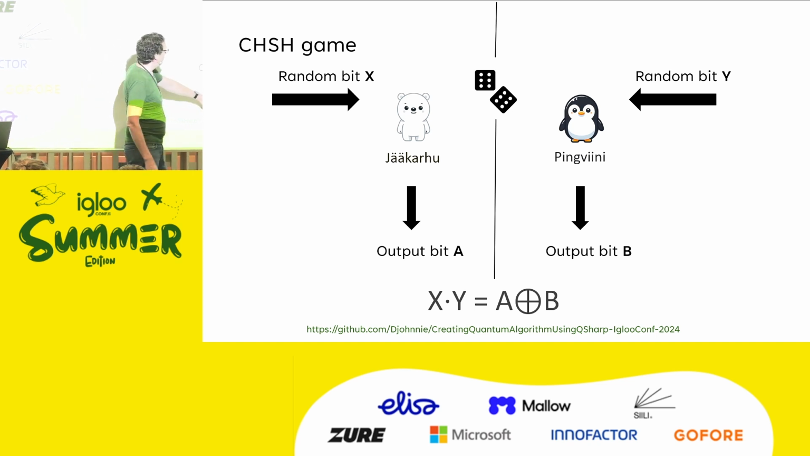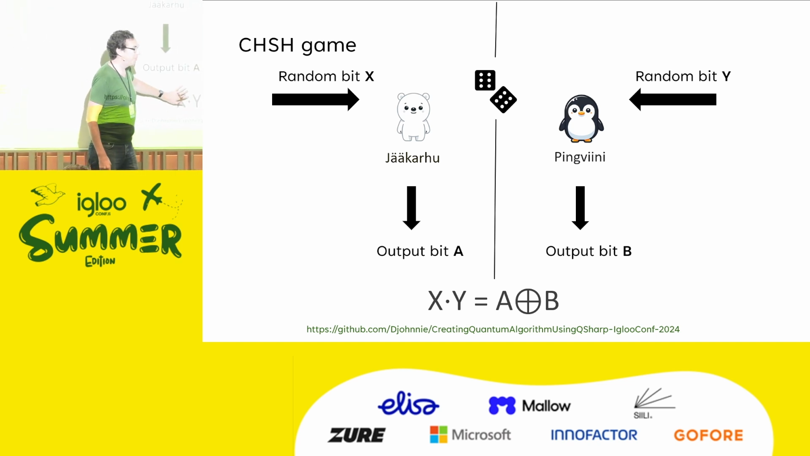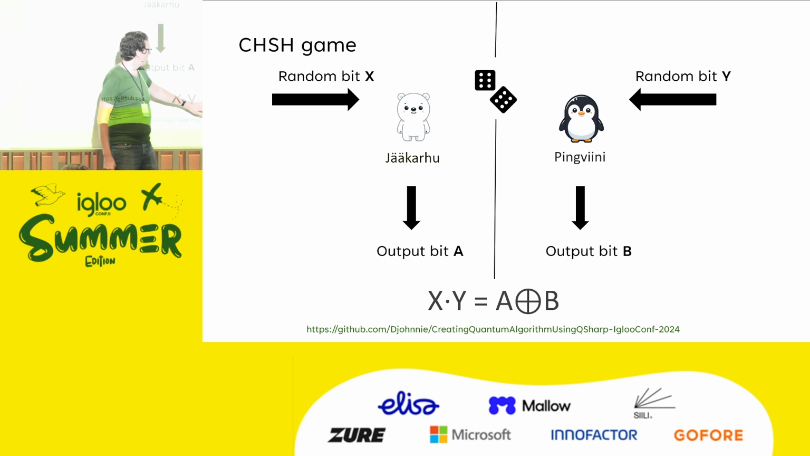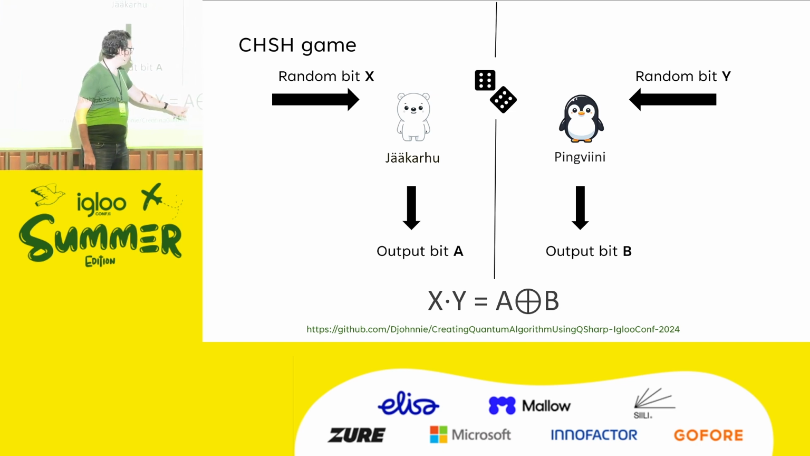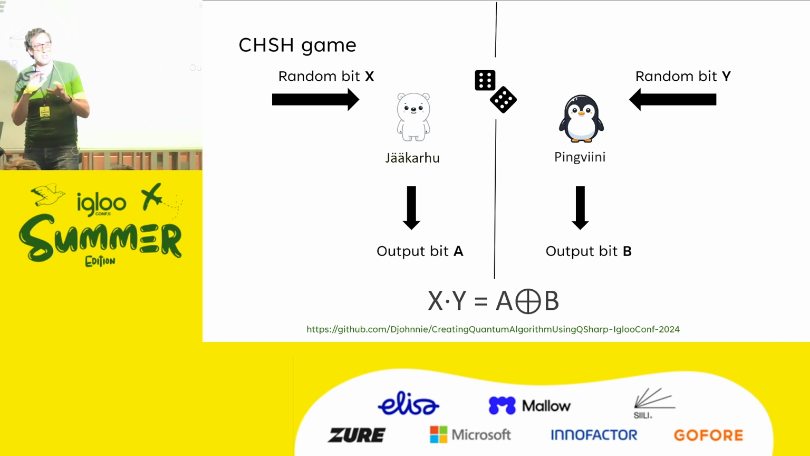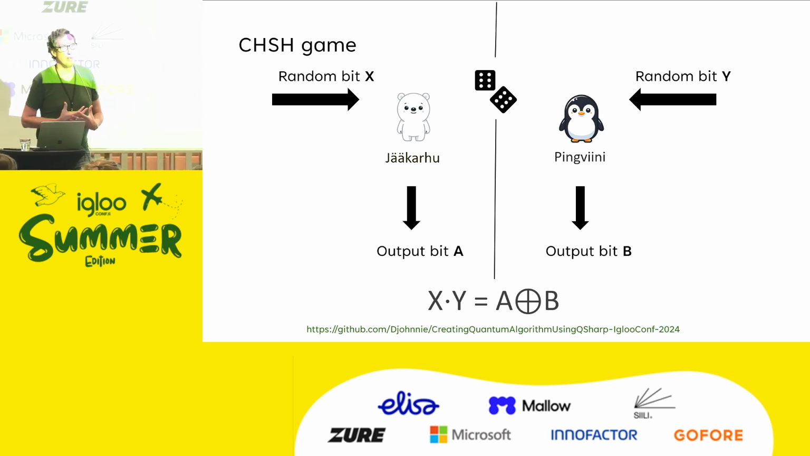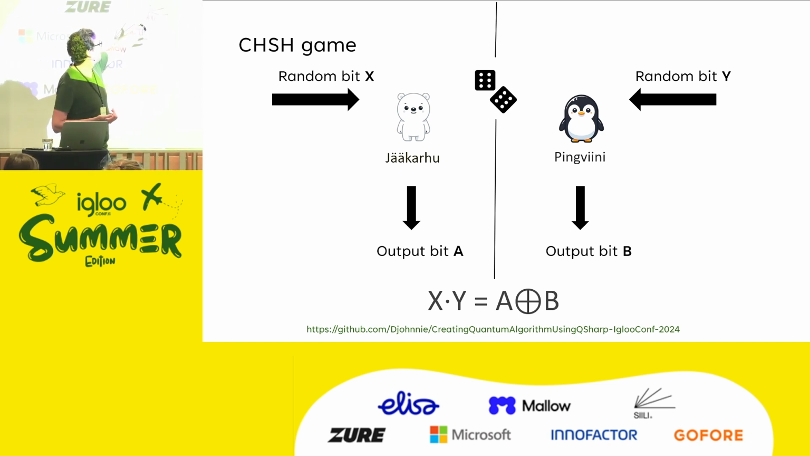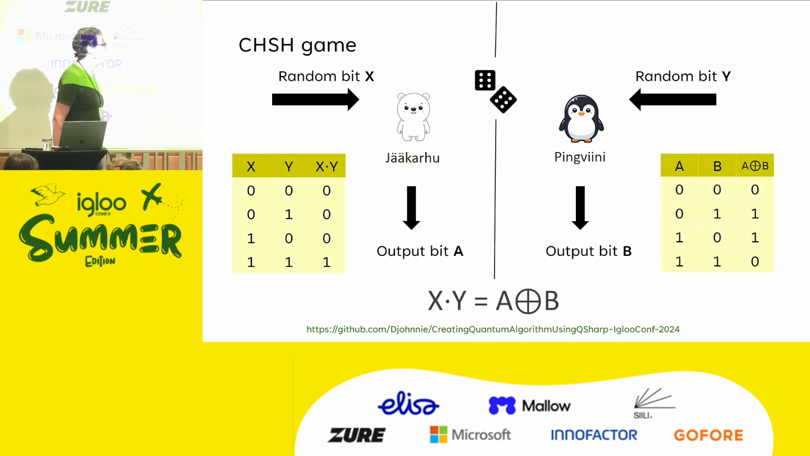So when the inputs X and Y multiply together and equal the exclusive OR of A and B, then they win the game. But they can't speak to each other, so they can't influence their decisions, and they don't know what the input X and Y for each other is. Very weird game, right? Now, if you think about this, and if you put this in truth tables, you know